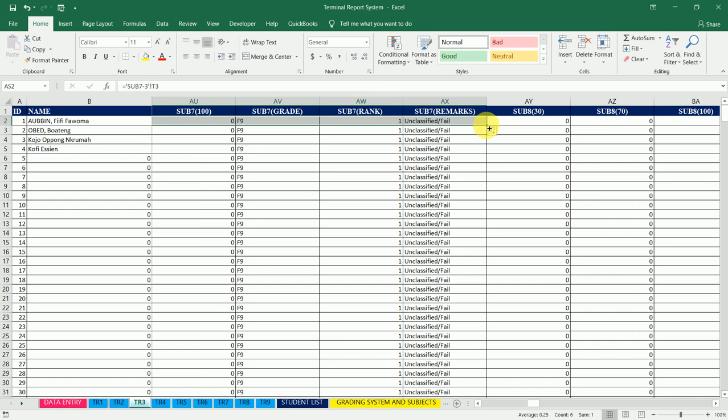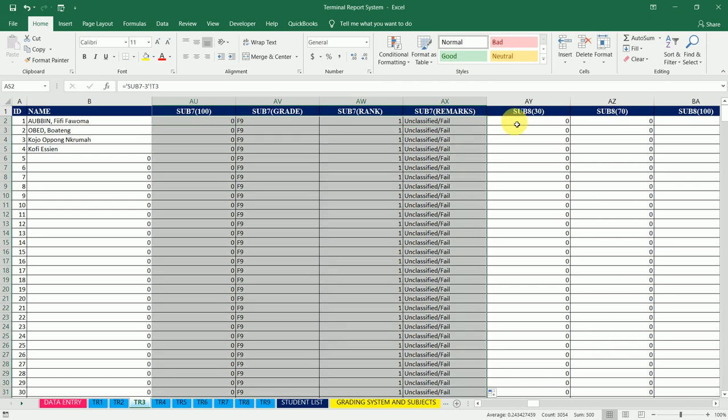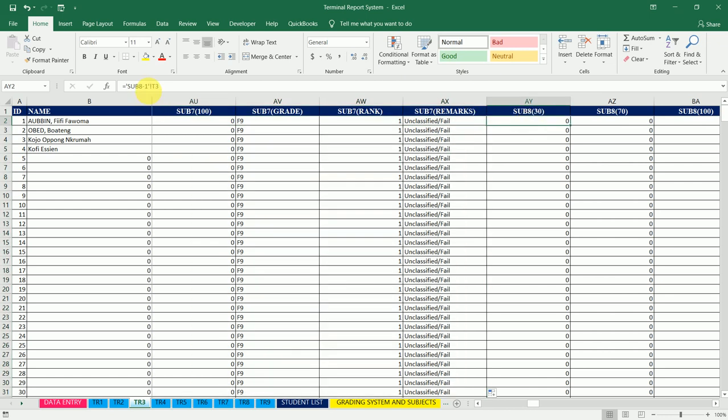Then I'll do a double click, sub 7 third term, then I'll do sub 8